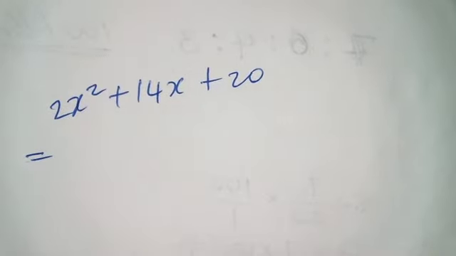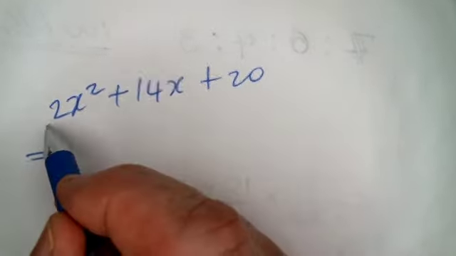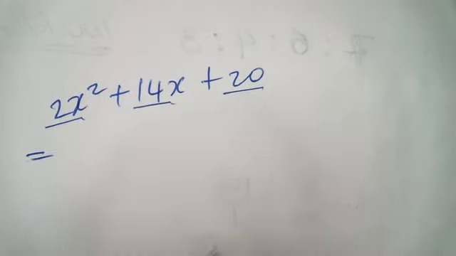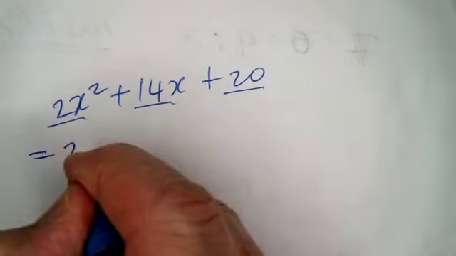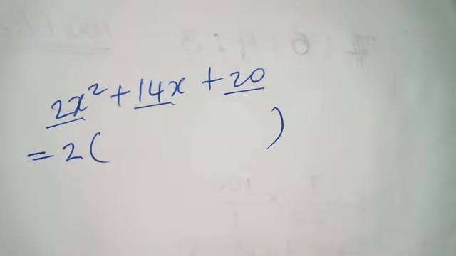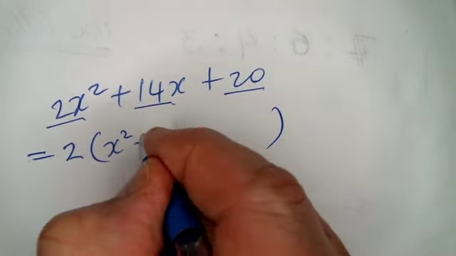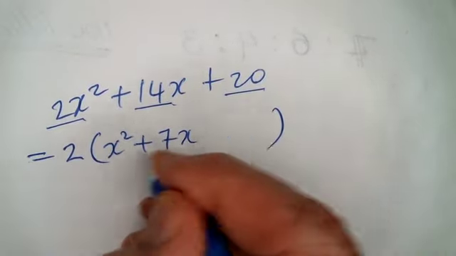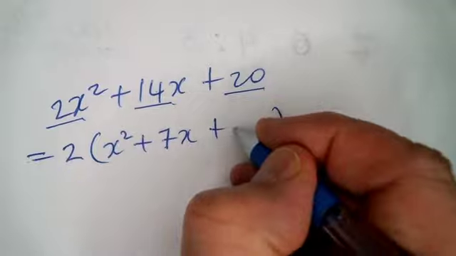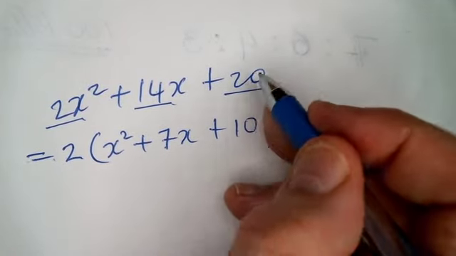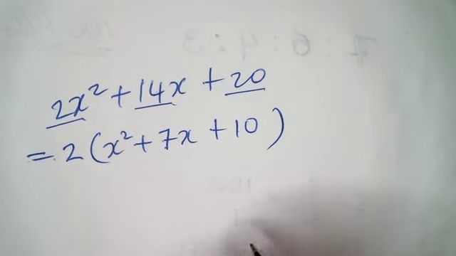So, first step, ask ourselves what is common to each of these components? What is common to each of those elements? And 2 is common. So if I divided the whole thing by 2, I'd end up with x squared because 2 times x squared is 2x squared. I'd end up with a 7x because 2 times 7x is 14x. And I'd end up with a 10 because 2 times 10 is 20. Now we look at the